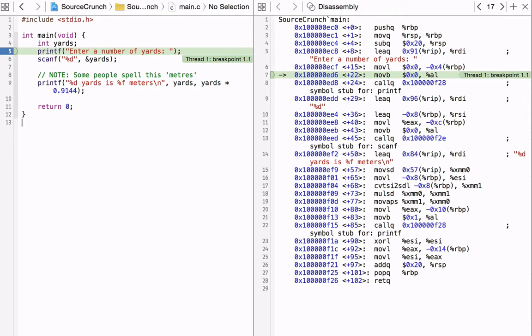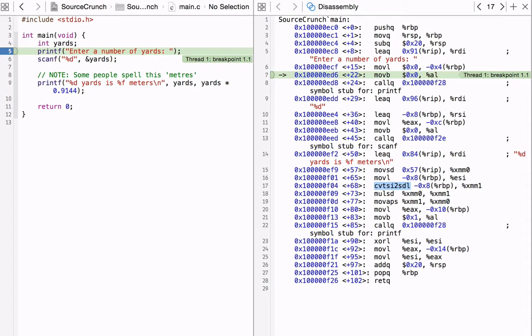And again, don't worry too much about the specifics of these, particularly as they're machine dependent, but my processor belongs to the x86 family of processors, so you can see we have some variants of the mov instruction here which move values around. We have a call instruction here which is calling our printf function. You can see we also have another call instruction down here which is calling the scanf function. We have this crazy little instruction here which is converting our signed integer value yards into a double value, because we take input from the user as an integer and then we have to convert that to a double to do the calculation for the number of yards.